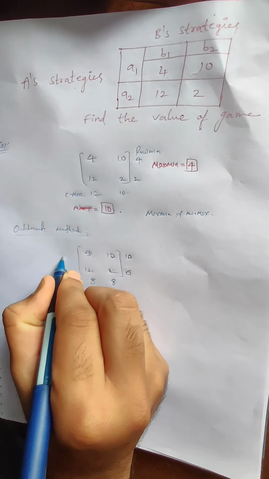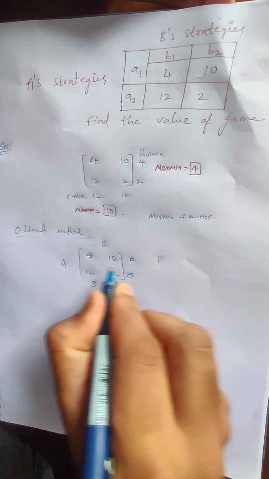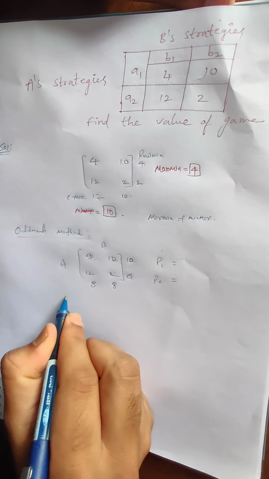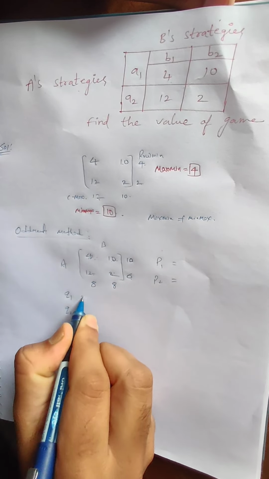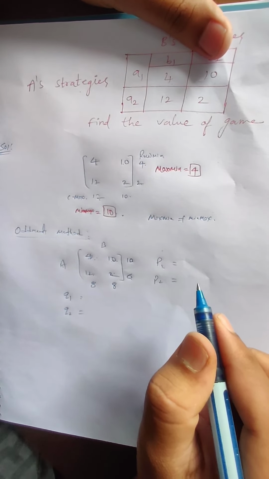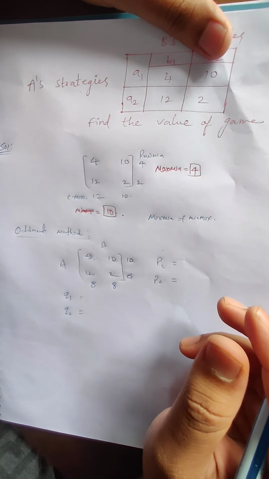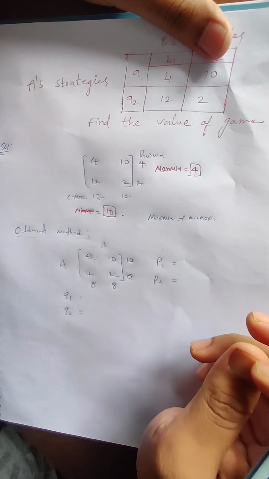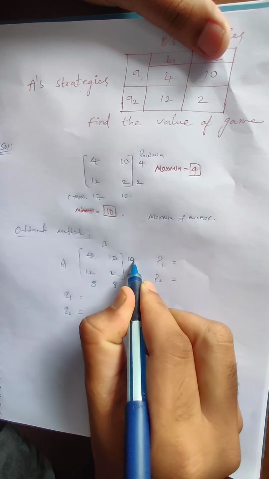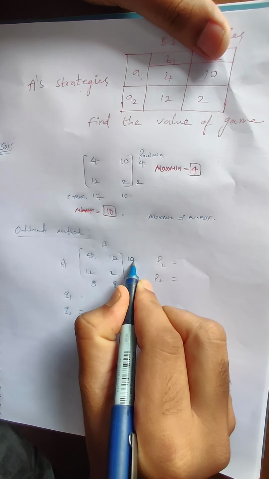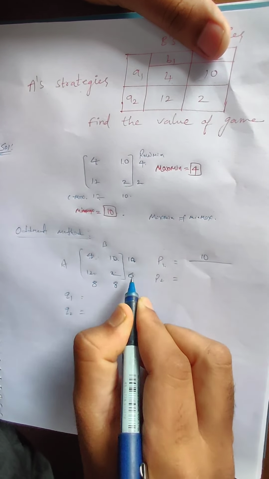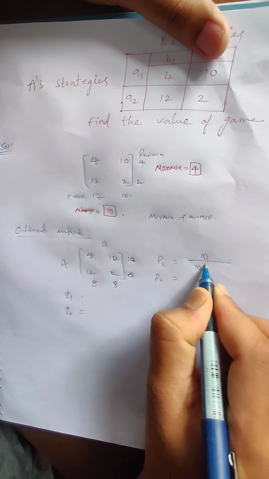These are the A strategies and these are the B strategies. For the A strategies, we have P1 and P2, and we need to calculate both probabilities. With respect to B strategies, we have to calculate the probabilities Q1 as well as Q2. For the calculation of P1, again we have a formula, but here I am not using any formulas, because you are running out of time, with a very short schedule for exam preparation. Consider the first oddment, 10. To calculate the probability of P1, write the value 10 in the numerator, divided by the summation of both oddments, that is 10 plus 6.